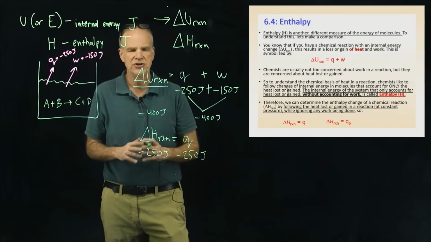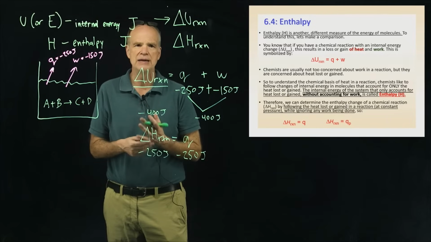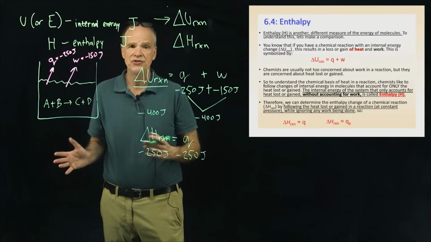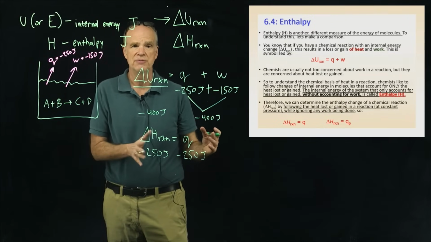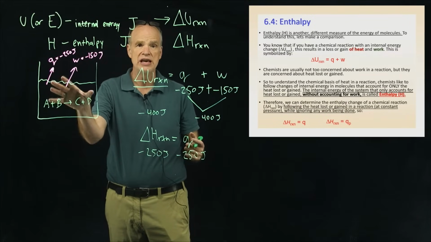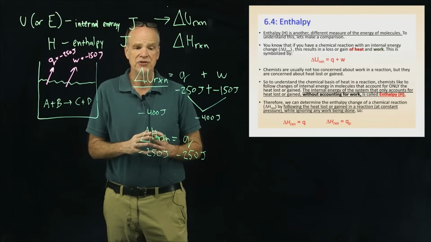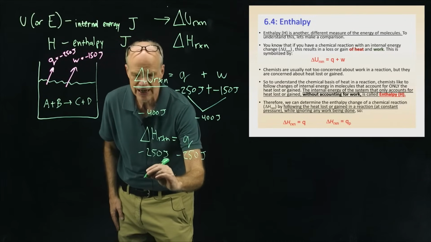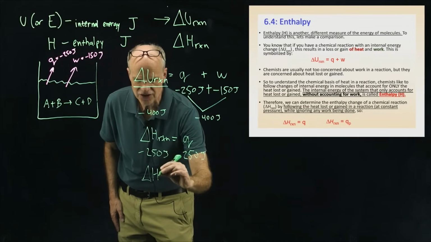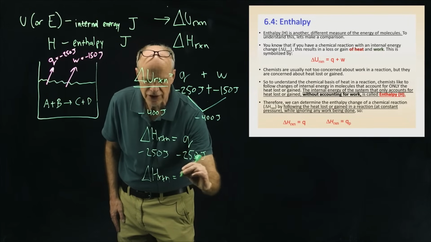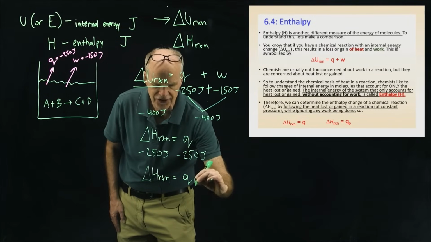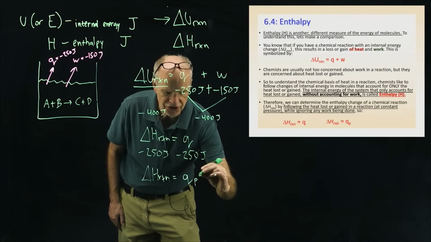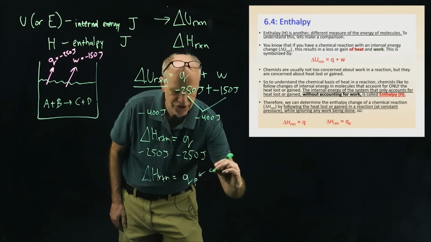Now, another thing I need to mention is a lot of times chemical reactions are just carried out maybe on a tabletop. And so as the chemical reaction is occurring, you have constant pressure. And so here you have this energy that is being produced under constant pressure. And so we add a little bit more detail here. Delta H of the reaction is going to be equal to the heat released or absorbed, but at constant pressure. So a lot of times you'll see it's going to be equal to Q sub P. And just note the sub P means it's constant